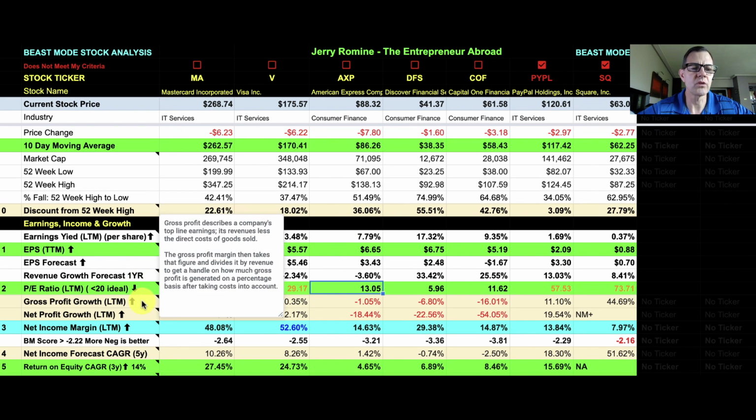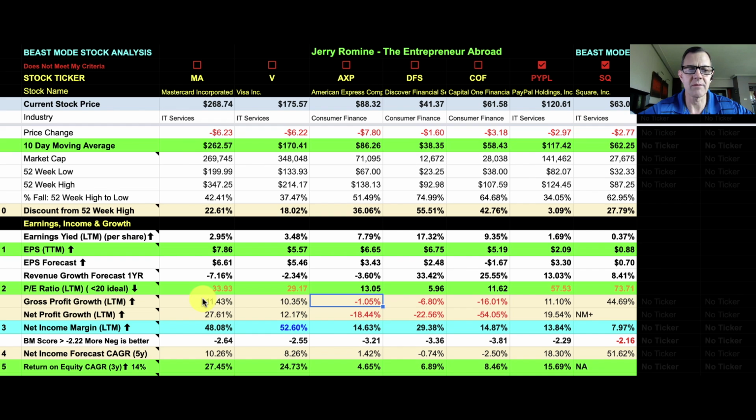So let's go on to gross profit. And gross profit describes a company's top line earnings. It's revenue less the direct cost of goods sold. The gross profit margin then takes that figure and divides it by revenue to get a handle on how much gross profit is generated on a percentage basis after taking costs into account. So for the gross profit growth on these companies, we've got MasterCard at 11.43, we've got Visa at 10.35, American Express negative 1%, Discover negative 6.8, Capital One Financial negative 16, PayPal coming in at 11%, and Square coming in